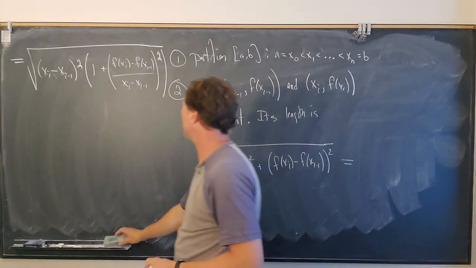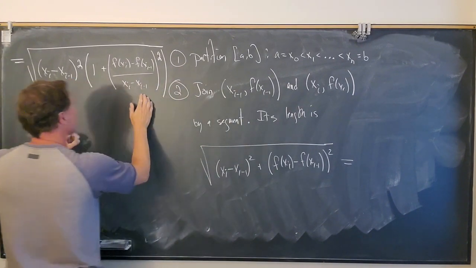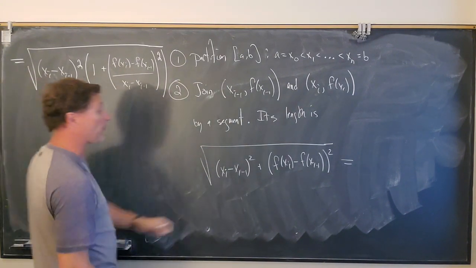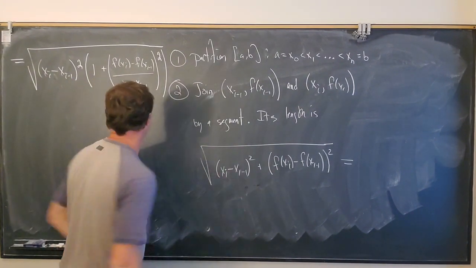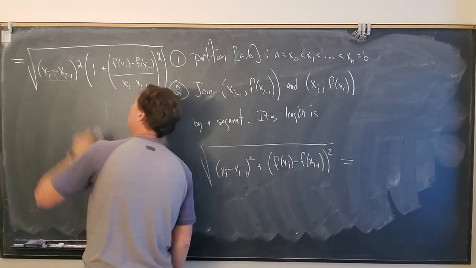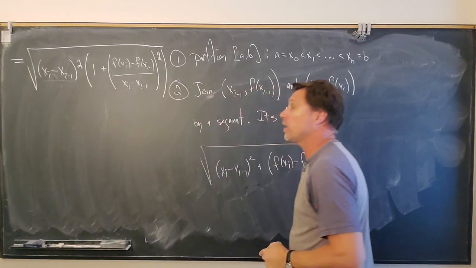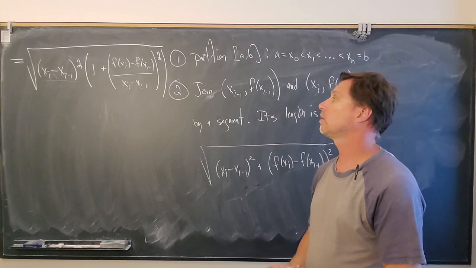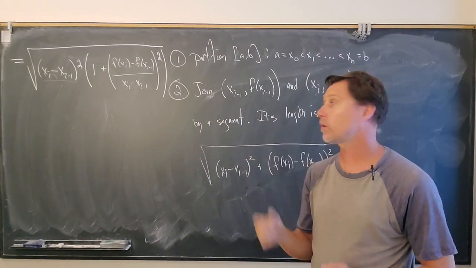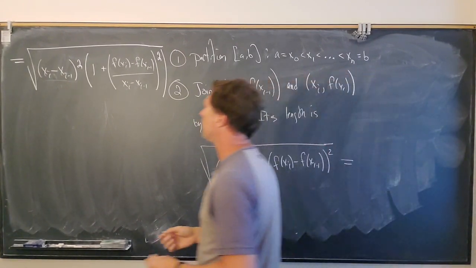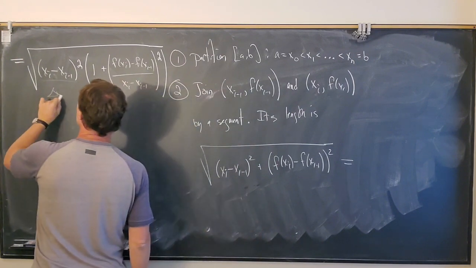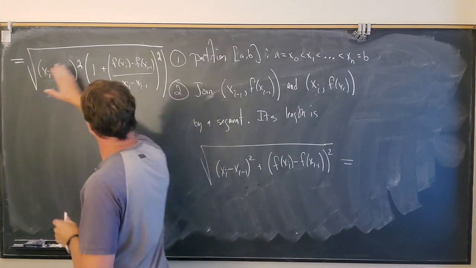Now, okay, so it's not clear why I did this, but hopefully you can just check the arithmetic. By distributing here, you'll get back to this stage right here. Now, what is this right here, x sub i minus x sub i minus 1? We usually call that delta x, right? It's the length of any one of those subintervals. So this right here is a delta x squared,